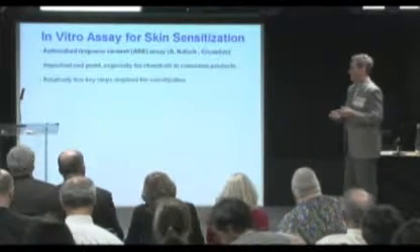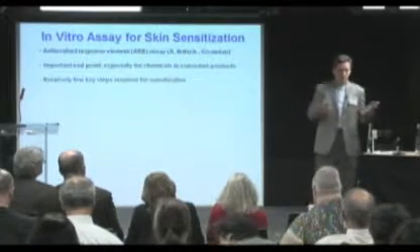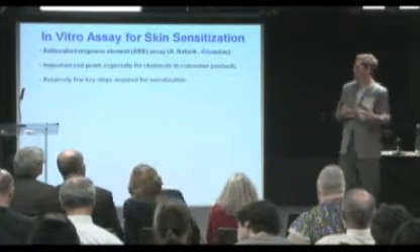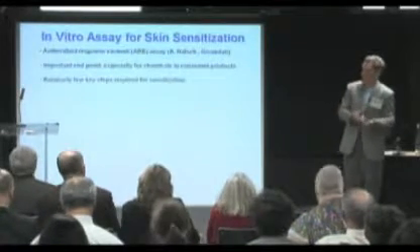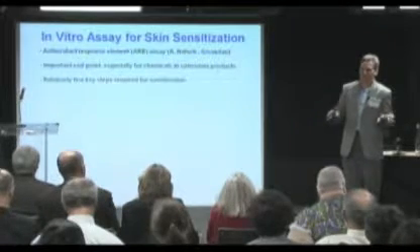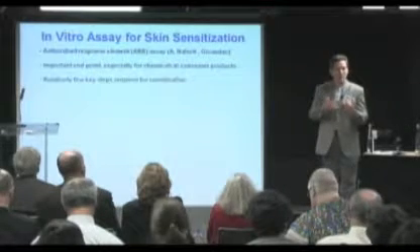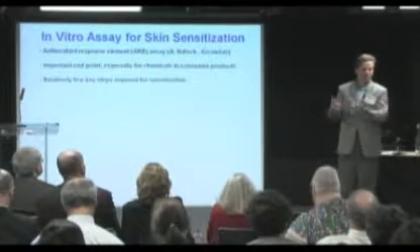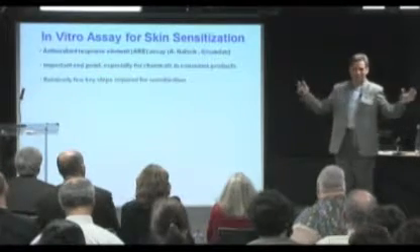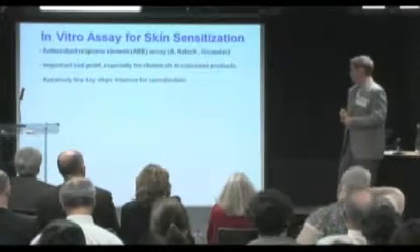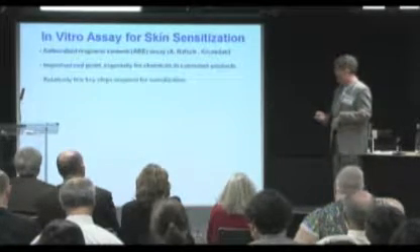So one of the things that I think philosophically, as we build levels of confidence, is to start to think about endpoints or adverse effects where there are relatively few steps. There's not a single endpoint that you could say is not complex, but there's a relative complexity. I think of sensitization as one where there are a few key endpoints that really differentiate sensitizers from non-sensitizers. I can contrast that to, say, reprotox or cancer, where there's an enormous number of possibilities. And the skin sensitization, or ARE assay, takes advantage of that aspect of it.